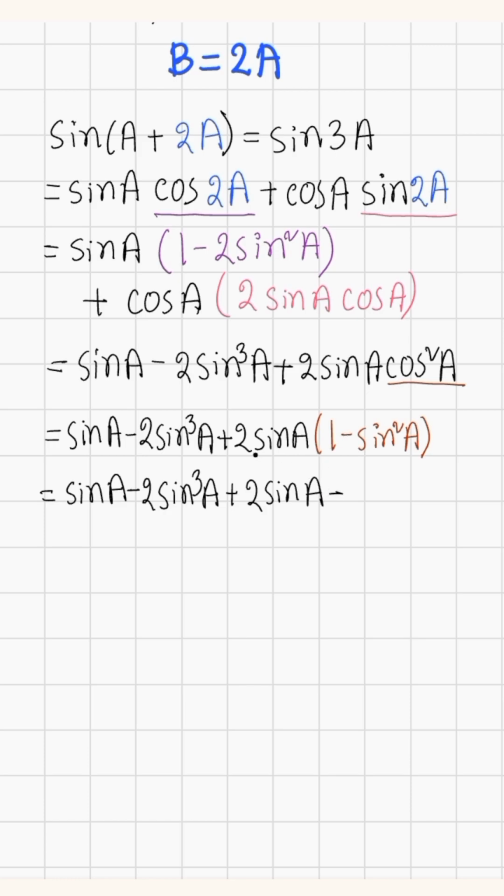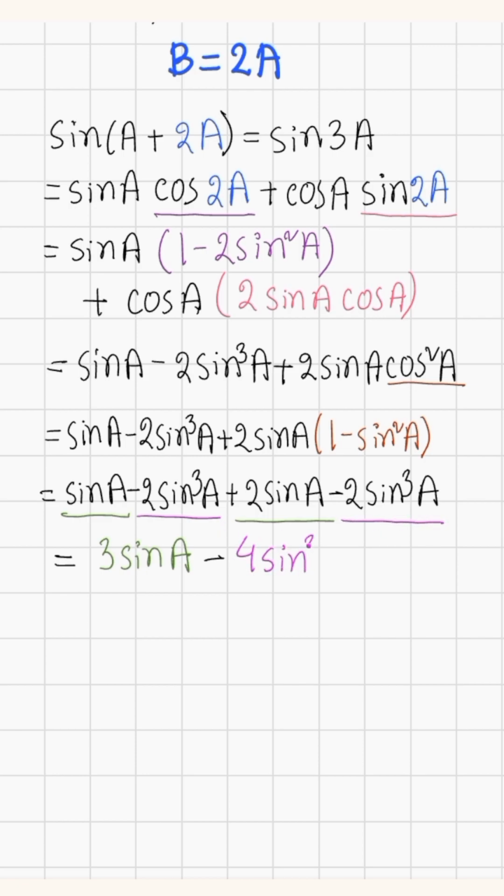minus 2 into sin a into sin square a হচ্ছে 2 into sin cube a equals to এখানে sin a আছে 3 বার, তাহলে লিখব 3 into sin a minus 2 sin cube a minus 2 sin cube a হচ্ছে minus 4 sin cube a